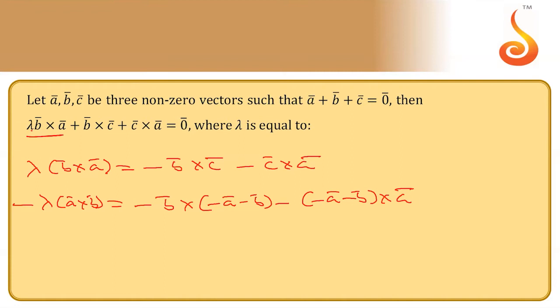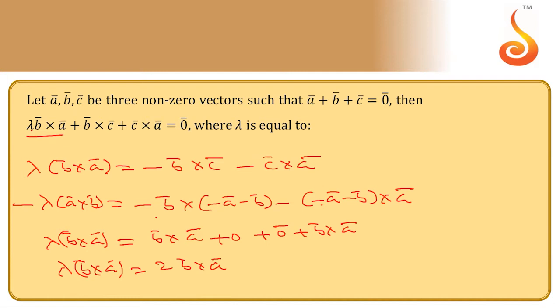Take the cross product. So minus B cross A comes here. B cross B is 0. This minus A cross A plus 0, minus plus B cross A. Just keep B cross A as it is. Now we can get an idea what the answer is. Lambda times B cross A equals 2 times B cross A. B cross B is 0, the cross product of two identical vectors is 0, and again B cross A comes. What is the lambda value? Yes. Jawahar, do it slowly.